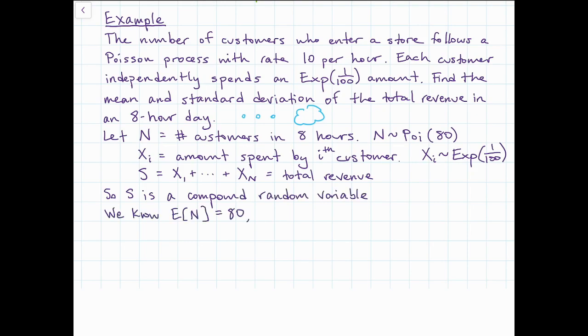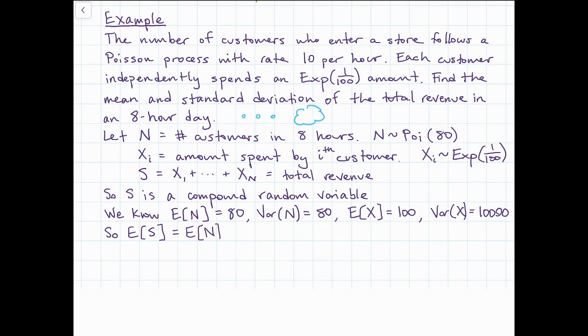And we already know that E[N] and Var(N) are equal to 80 because it's Poisson, and E[X] is 1 over the parameter, so 100, and Var(X) is 1 over the parameter squared, so that's 10,000. So we have all of the ingredients to calculate the mean and the variance of our compound random variable. We'll get E[S] is E[N] times E[X], which is 80 times 100,